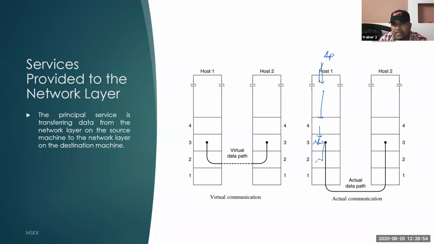From the network layer, the information comes to the data link layer. From the data link layer, the information comes to the physical layer. From the physical layer, it goes to the communication medium, and then to the receiver communication medium. From the receiver communication medium, the information is delivered to the receiver's physical layer. From the receiver physical layer, to the receiver data link layer, then the receiver network layer.